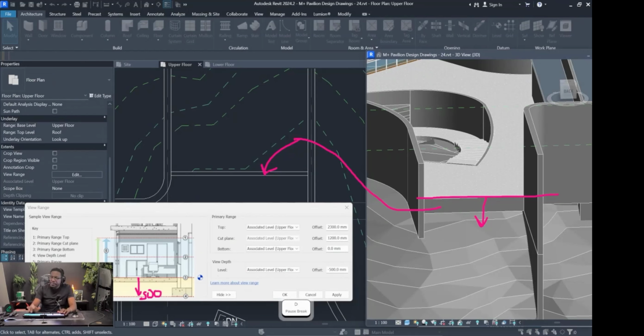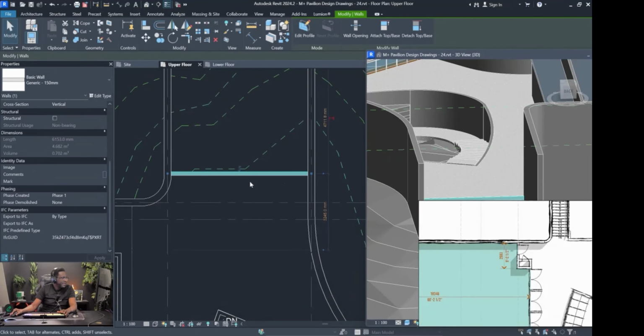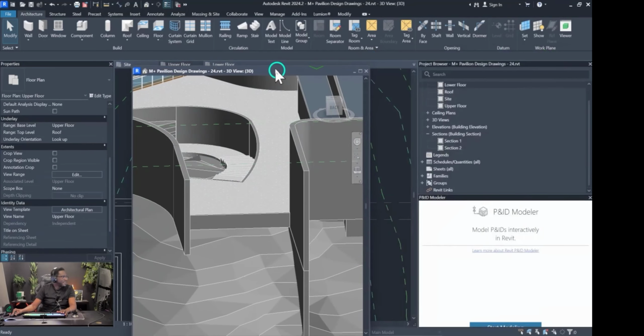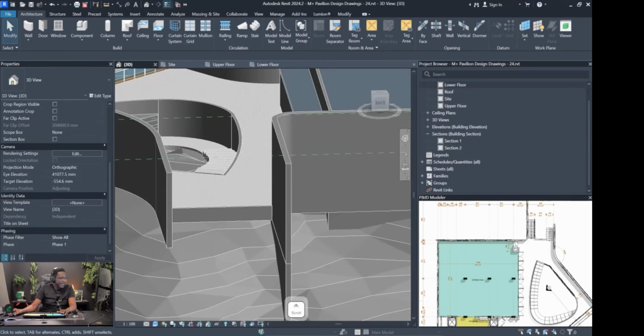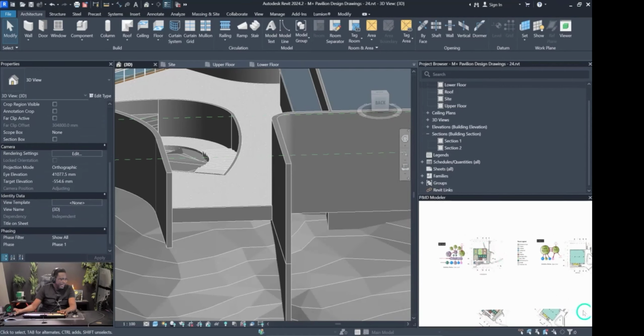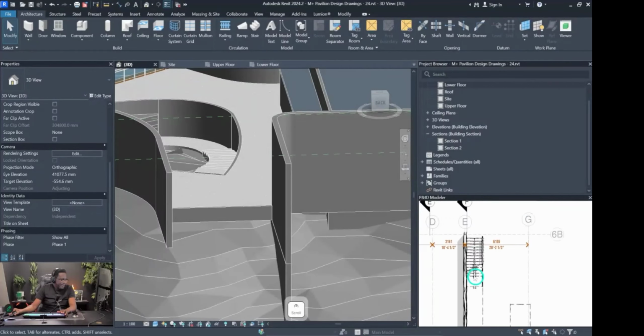Okay. All right, so now that that is all done, let's choose OK. We're seeing that wall here, which is good. All right, so now we need to put in our stairs. Let's put back this view over here. So we need to add the stairs in, and let's see if we can get an idea of,